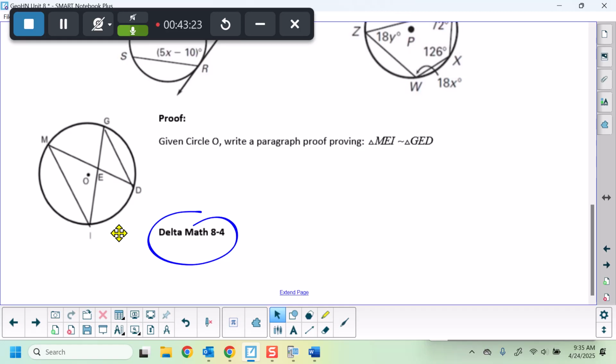Do me a favor, turn to your partner and tell them what your to-do list is in geometry. Turn and talk about it. Go. Finish Delta Math, do my homework, make a